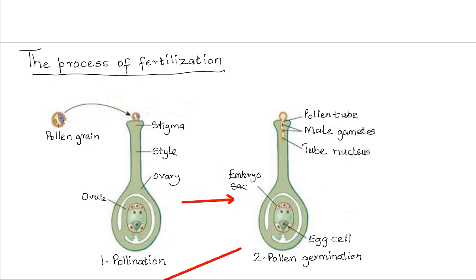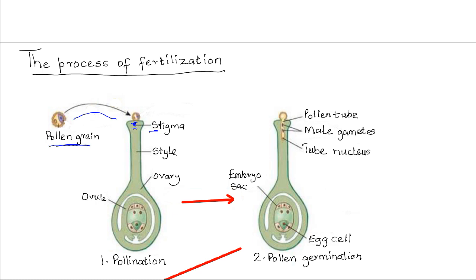Now, the process begins with pollination. Recall, pollination is a process by which the pollen grain gets transferred onto the stigma of the flower. Upon landing on the stigma, a sugary liquid is secreted by the stigma. This sugary liquid also contains nutrients. It is absorbed by the pollen grain. The sugary liquid also stimulates the pollen grains to germinate,